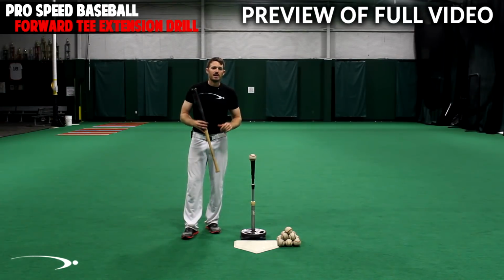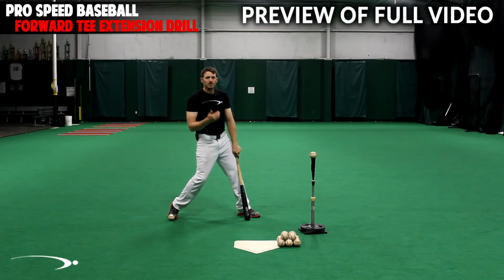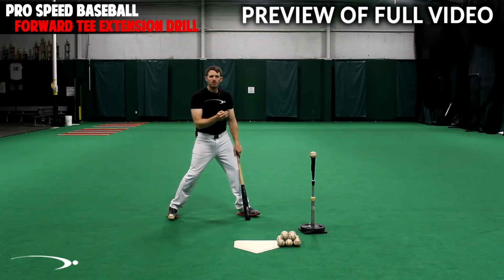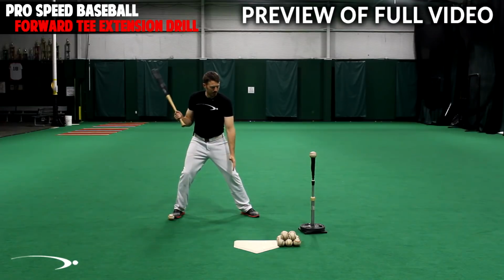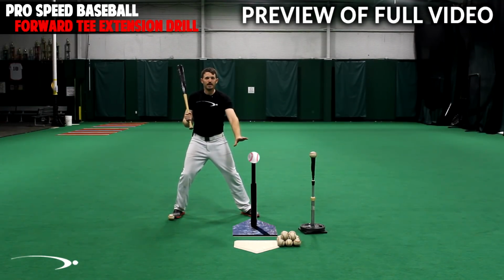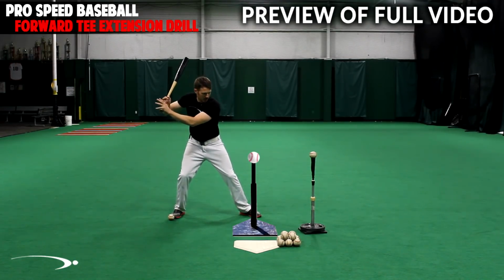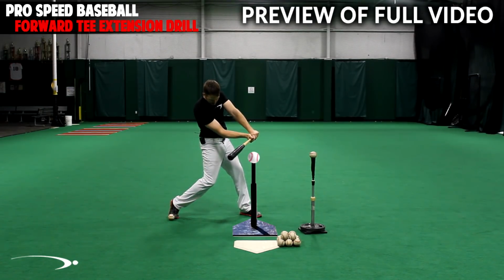So all you have to do is set up the drill properly, make swings, and you're going to start syncing up your swing right away. And that's exactly what this drill is going to do. It's going to help us learn the proper motions to hit the ball correctly. So if I put a digital tee here where we'd want to make contact with the ball, ideally when we're practicing off the tee or we're hitting in the game, we're going to load stride here. You're going to see me get into contact here, and then if I'm still swinging out to this ball in front of me,